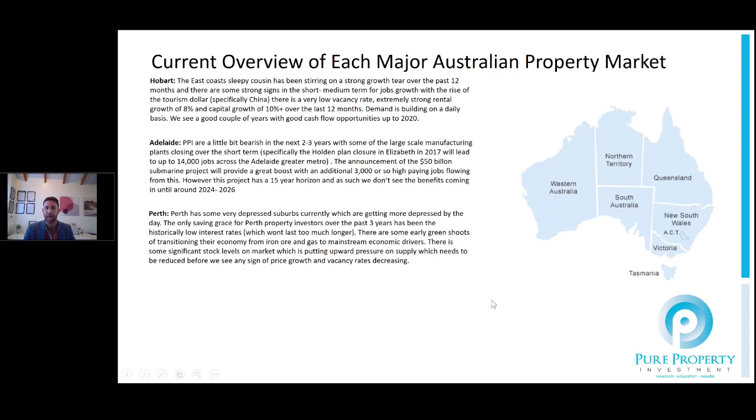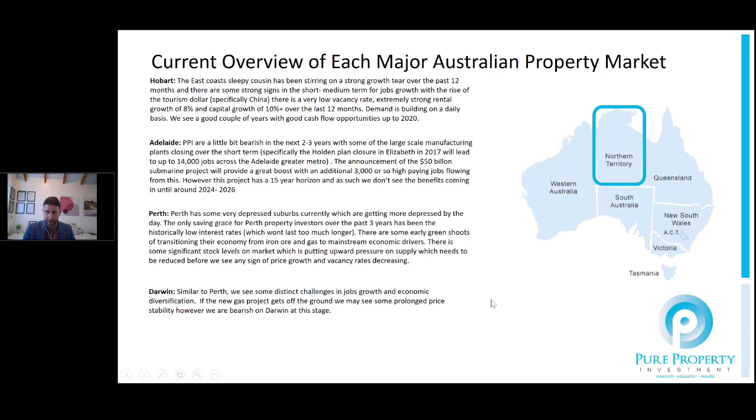And probably lastly, I'd say Darwin. Again, we're not that enthused. I think the population growth as well as the jobs demand in that market are just not going to provide much in the way of housing growth or affordability changes over the next 5 years. I don't see big headwinds necessarily, but I personally don't see that there's going to be much that will change in that market to allow it to get on any strong growth trajectory over the next 3 to 5 years, unfortunately, for that Darwin market.